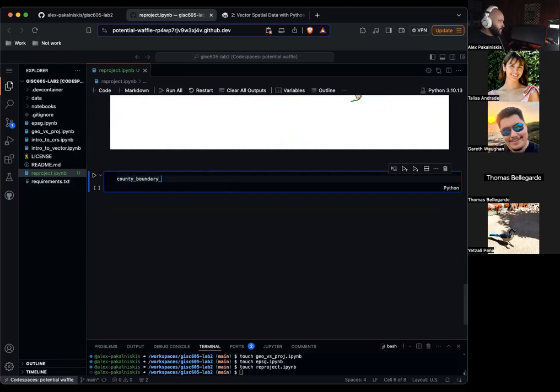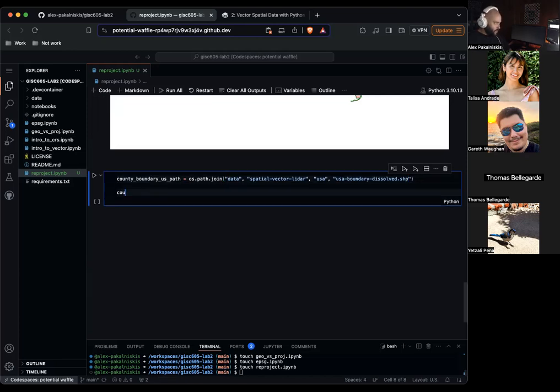County boundary US path equals OS path join data spatial vector LiDAR USA boundary dissolve dot shp. Spelling, man.